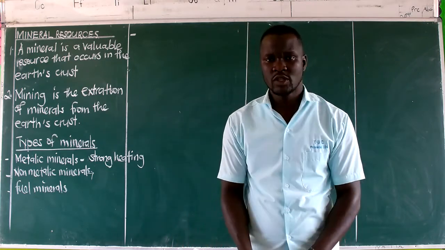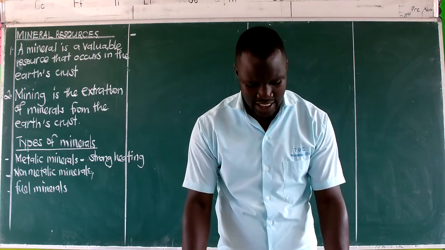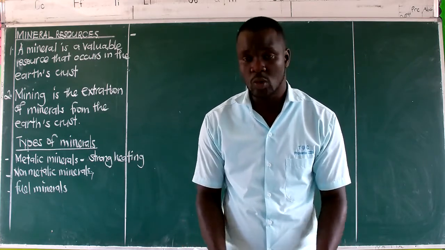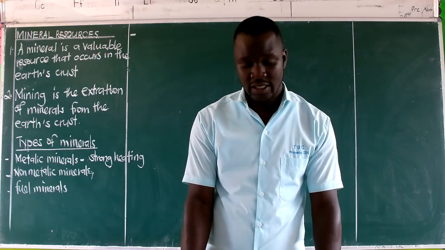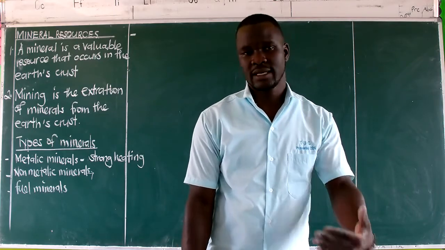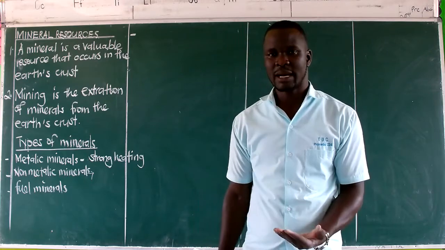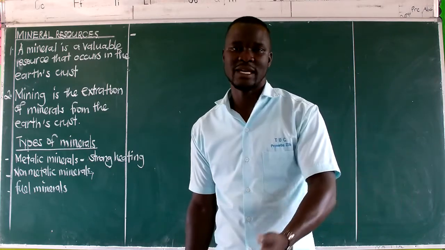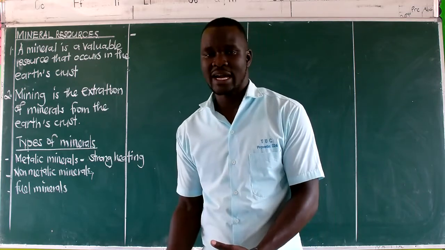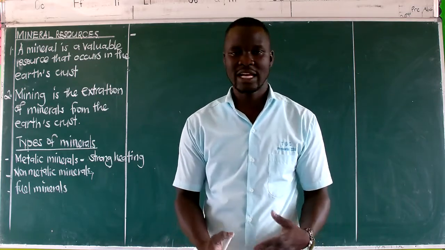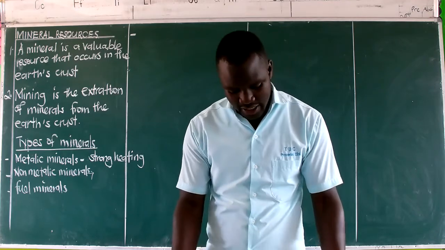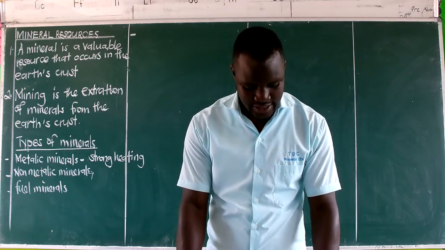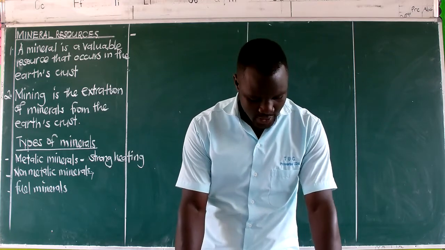Then we have limestone, that we say even as limestone for us in Uganda is mined from Tororo, that is in Osukuru Hills, and this limestone is used to make cement. Sometimes children mess up. Children think the mineral itself is cement. No, cement is a product which is made from the mineral that we call limestone. And we are saying in Uganda, it's mined from the Osukuru Hills, that is in Tororo district in eastern Uganda.